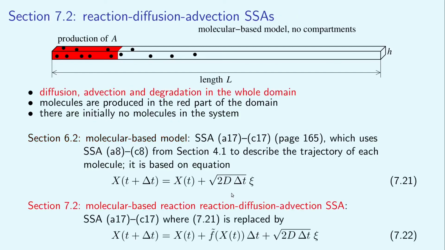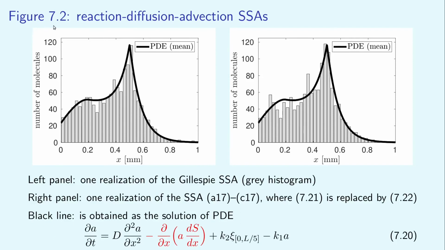To introduce active transport advection in the whole domain, we simply add the drift term. We replace equation 7.21 with equation 7.22. The rest is the same, so it is again relatively straightforward to implement this change in a computer. We can reuse our previous computer code. We just need to add the drift term at the corresponding places. In figure 7.2, we present one realization of the modified stochastic simulation algorithm A17 to C17, where 7.21 is replaced